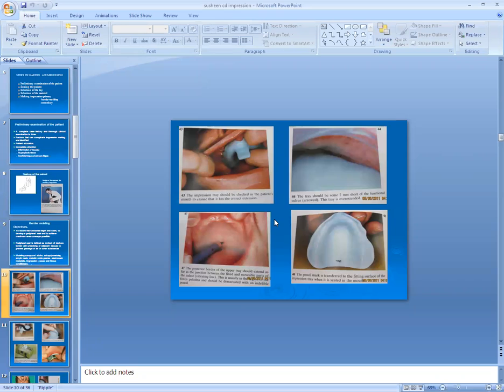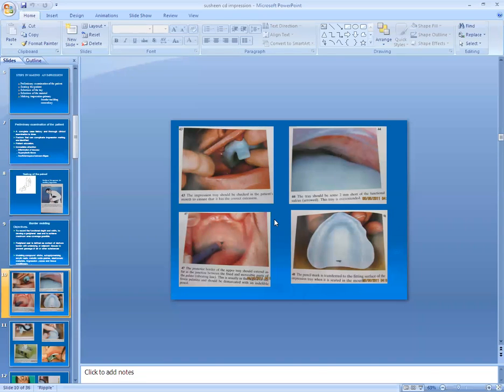Then first, check your custom tray, that is the specialized tray, in the oral cavity to check whether it is stable. So how can you check the stability? You can check by applying alternating pressure on the left side, right side, left side, right side. That alternating pressure you have to apply to check whether your custom tray is stable or not. Okay. Then retract downward the tray to check the extension.